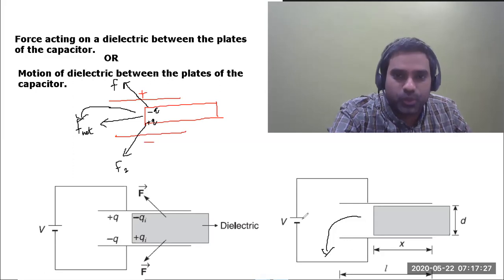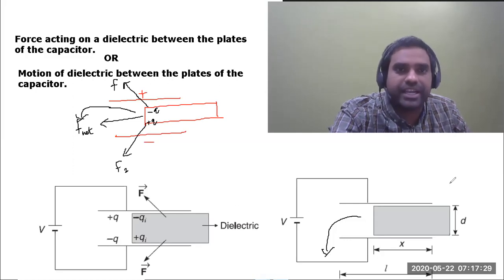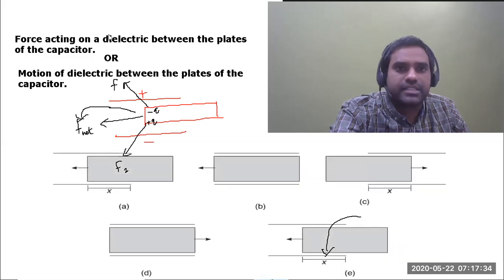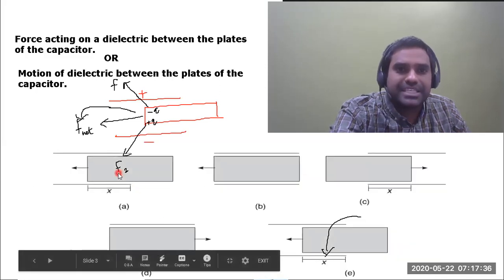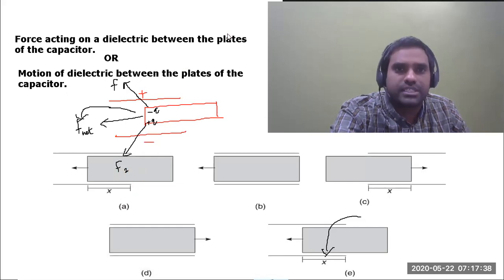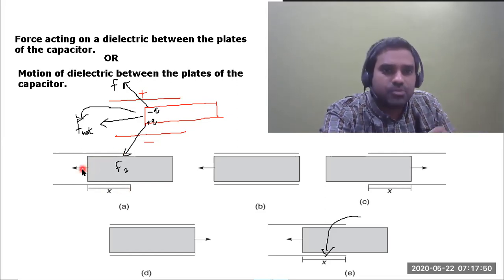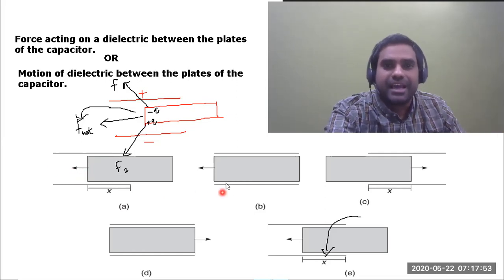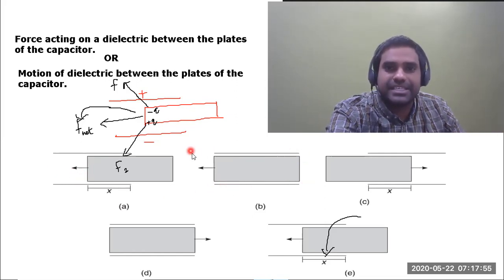If you want, I will show you. See, here we have a diagram. See, students, this is going to happen because of the force. Because of the force, initially this will enter. Here the arrow is showing it clearly. Initially, only X portion is present between the plates of the capacitor. Due to the net force, it starts moving into the plates of the capacitor. After coming here, it is completely occupied between the plates of the capacitor. Here it is in the equilibrium state.